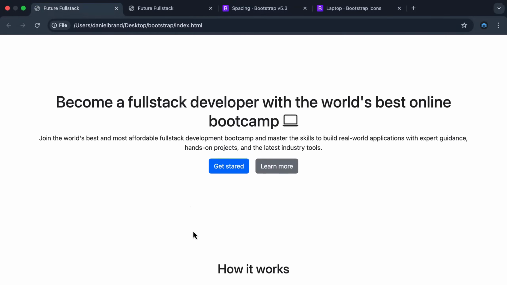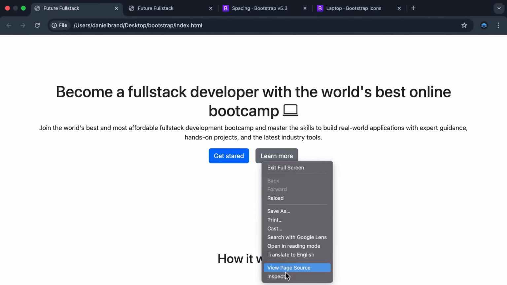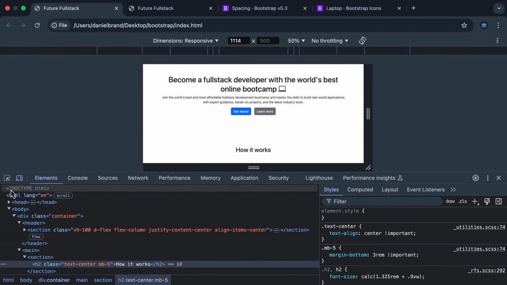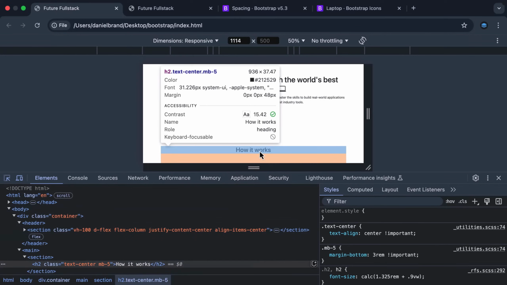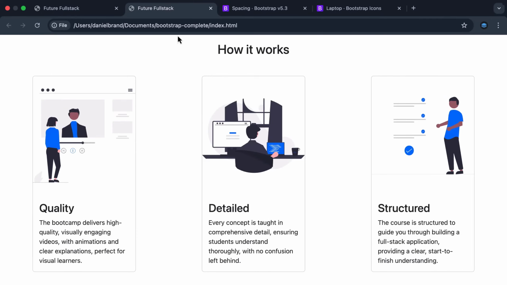Back in our project, I'm going to refresh, and you'll see some margin bottom has now been added to the H2. Let's confirm this in DevTools. If I select the H2, you can see the orange box appearing below to signify that margin has been added below. So the next thing we're going to go do is define this grid section, where we have 3 grid